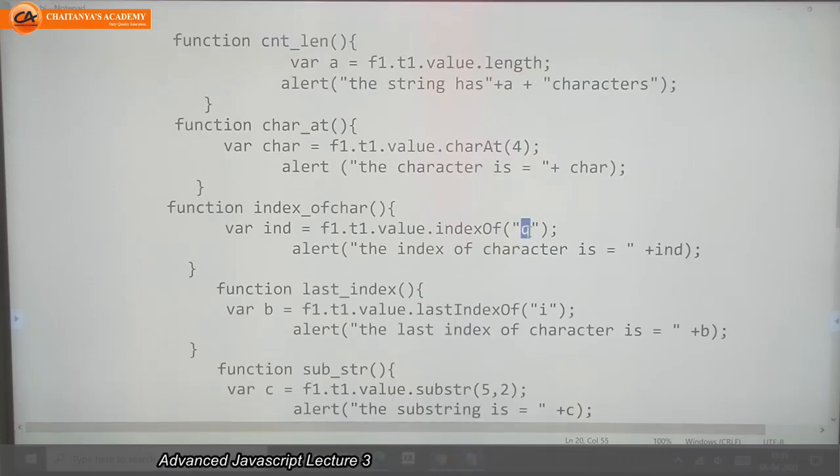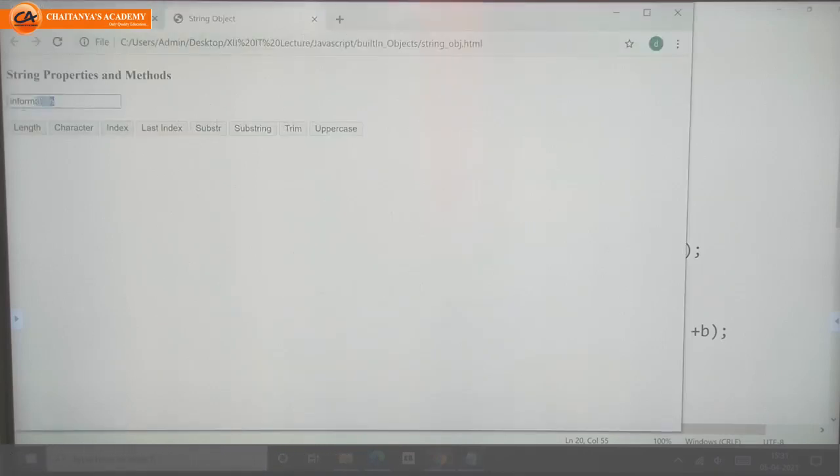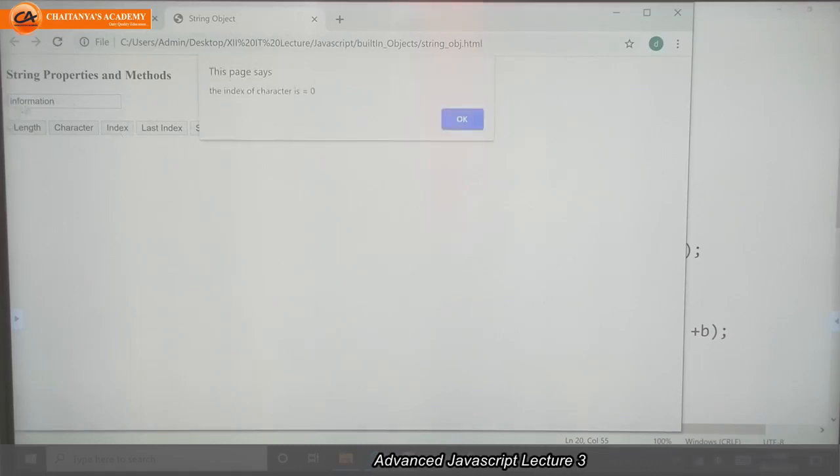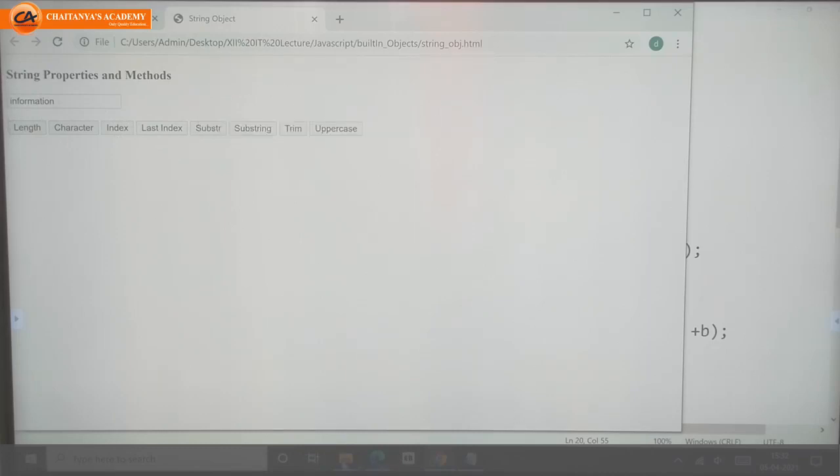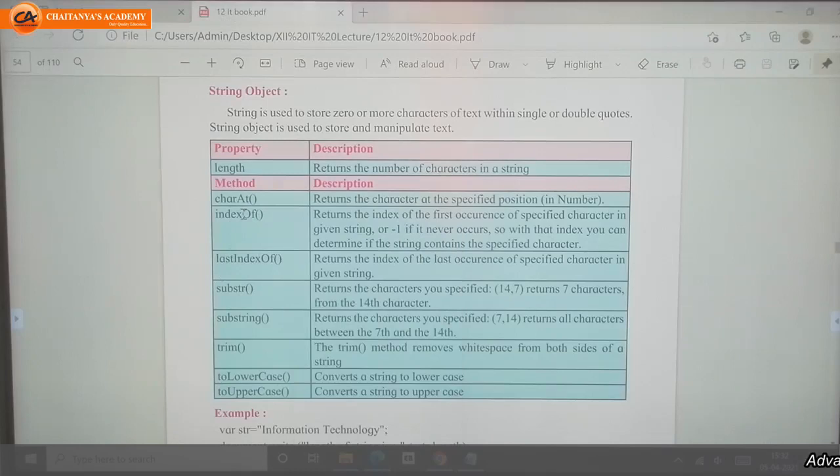We will write here I. Now we'll check. The index value for I in information is 0, but the last index value is 8. That means indexOf gives us the index value for the first occurrence, and lastIndexOf gives us the last occurrence.